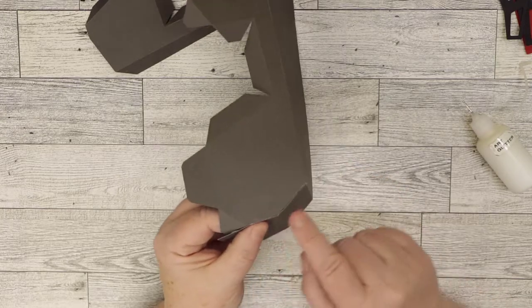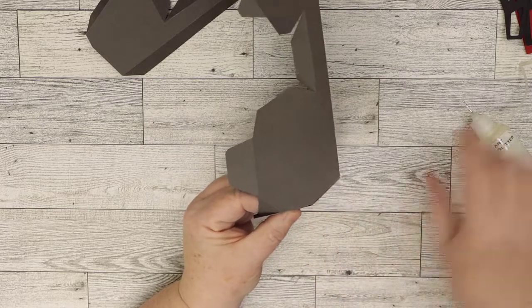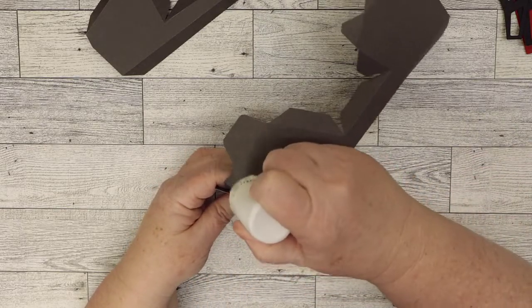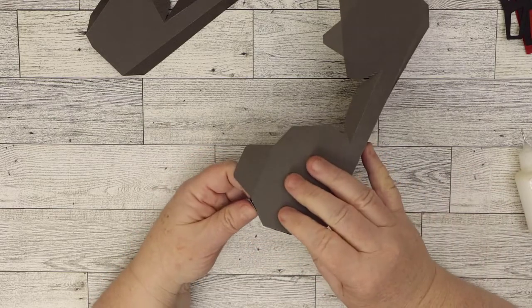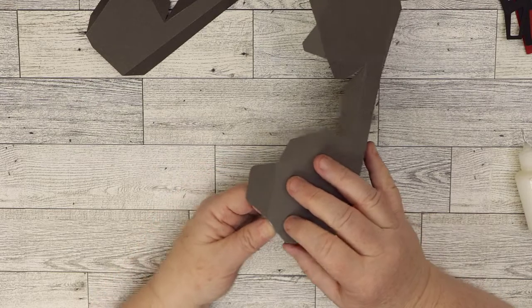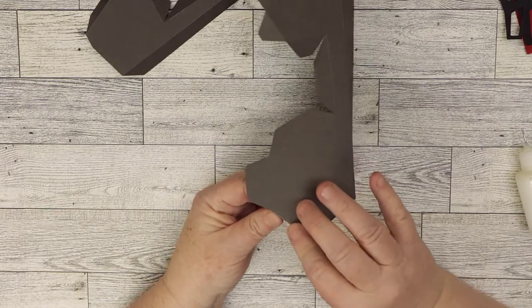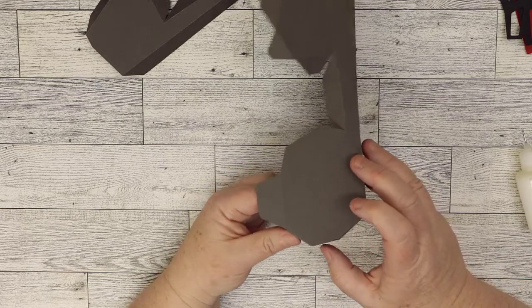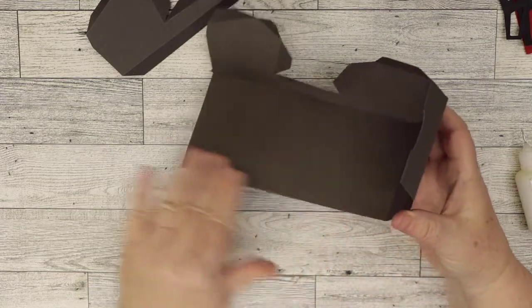This little tab fold here, the fold lines up with this edge. I like to use the tip of my finger to feel it. Then we'll do that with that last tab. So we'll do that on the other side too. We just have a little bit more limited space, not much,